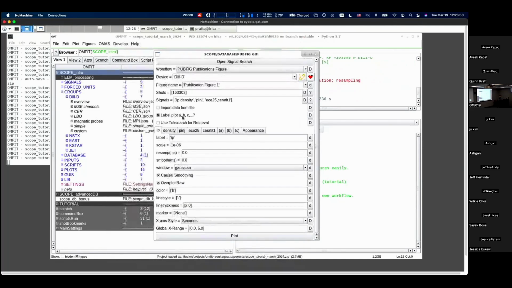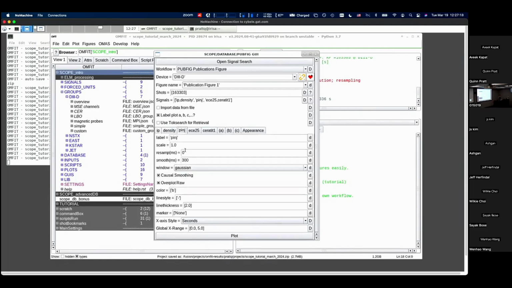But I'll show you real quick. For all of these, I get a different tab for each of them. So this is for really fine tuning your plot. So don't make one of these for an overview of a whole shot, because you'll have a bunch of tabs. But for something like this, you can see I can scale different point names down, and then you could change their color. I noted that IP and density were the same color on that last plot,